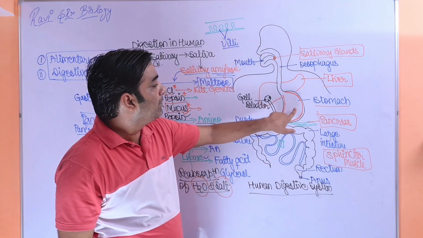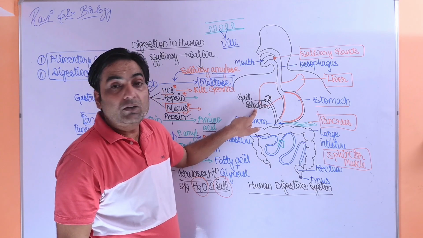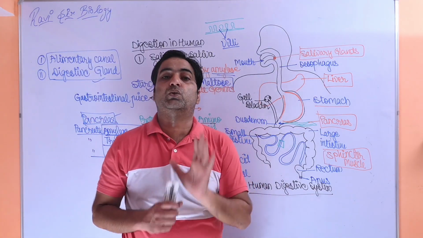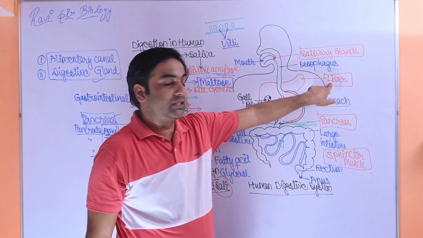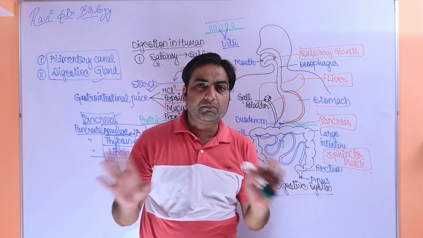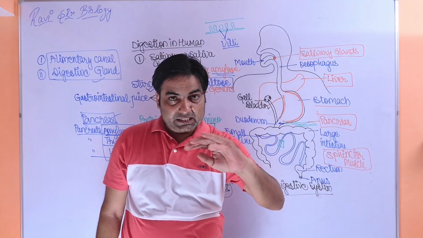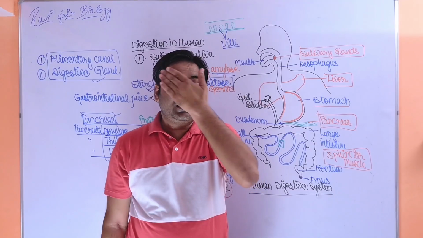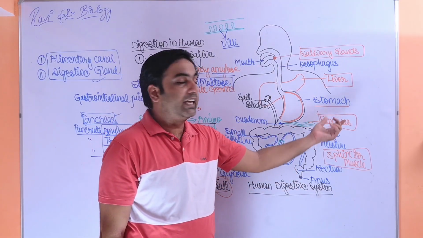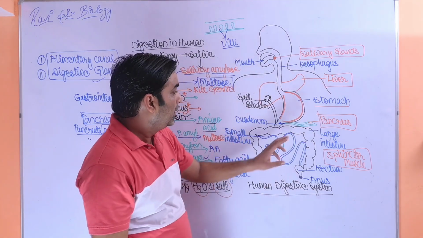फिर फूड आता है डुओडेनम में, जो स्मॉल इंटेस्टाइन का पहला पार्ट होता है और स्टमक के बाद आता है। ये यहाँ गॉल ब्लैडर से बाइल को रिसीव करता है। गॉल ब्लैडर का फंक्शन होता है बाइल को जस्ट स्टोर करना, और वो सेक्रेट होता है लीवर से। ये बाइल डाइजेशन में हेल्प नहीं करता। करता क्या है, वो फूड के मीडियम को चेंज कर देता है। एसिडिक फूड मीडियम को बेसिक में कन्वर्ट कर देता है ताकि बाकी एंजाइम के एक्शंस हो सके। एसिडिक मीडियम में फूड में एंजाइम एक्शन नहीं होता है।